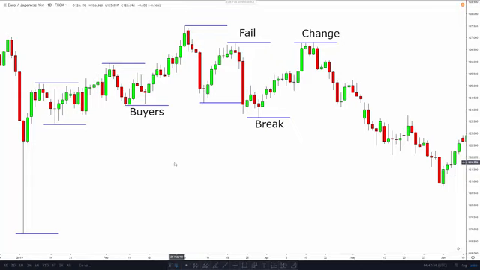So notice in the chart that eventually buyers lose their momentum to the upside by failing to break the last major higher high. If you're thinking about going long in this market, this event should raise a red flag for you. It doesn't necessarily mean you should sell immediately, but it means that you should pay attention to see what